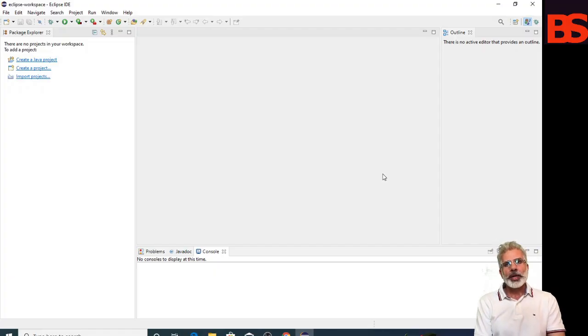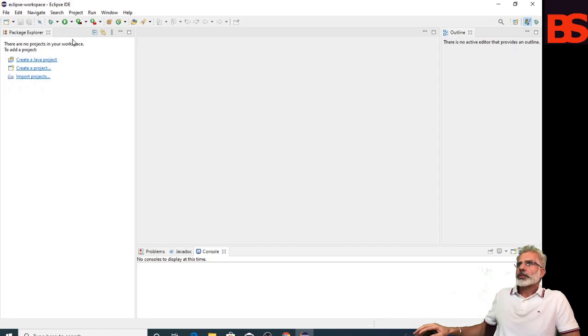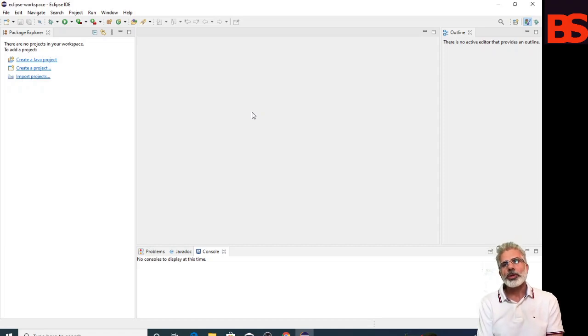So hello everyone, this is the Eclipse workspace, Eclipse IDE. You can see the major visible parts of an Eclipse window, like this is the menu bar, this is the toolbar, this is a view, and these are also views, and this is the editor area. The editor area is usually surrounded by multiple views. In general, editors are used to edit the project data and views are used to view the project metadata. So you can see on the screen some views, the editor area, the menu bar and toolbars.